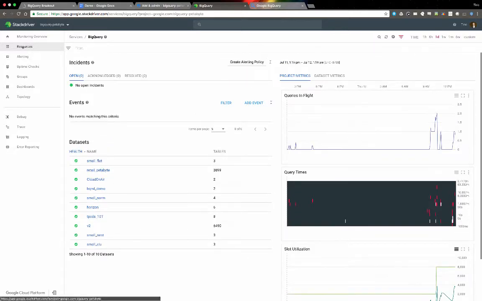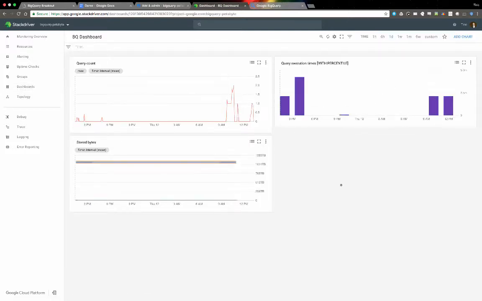The other thing I want to show you is that I can create custom dashboards here, dashboards that are specifically there for my monitoring. I have 3 dashboards that I've created. One of them is called the number of queries, the typical 99th percentile of query execution, which is kind of like, let's look at the outliers of query execution, and how much data I have stored in this data set. But I can easily create